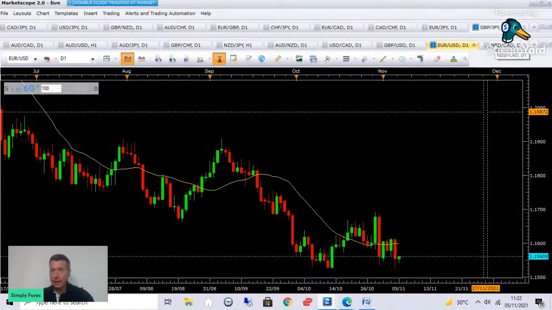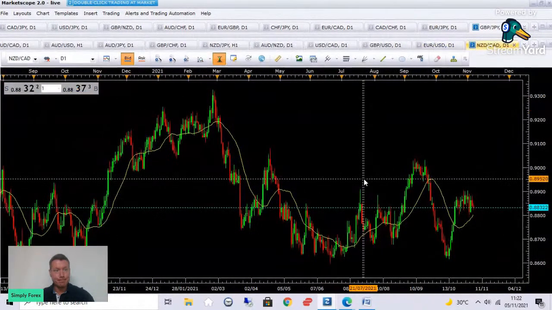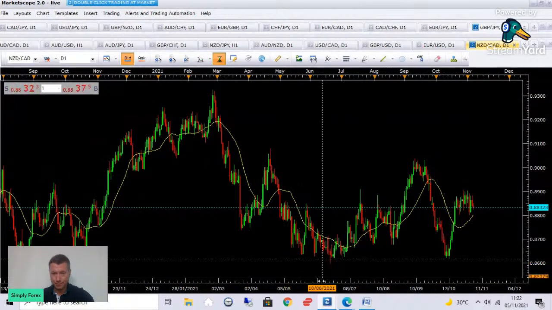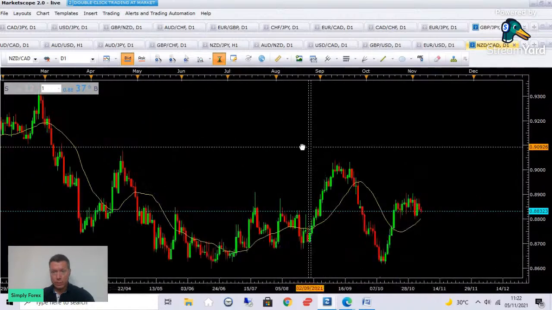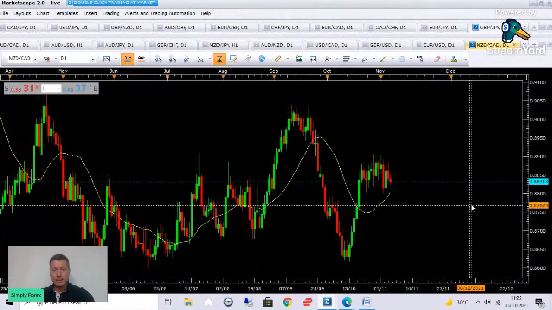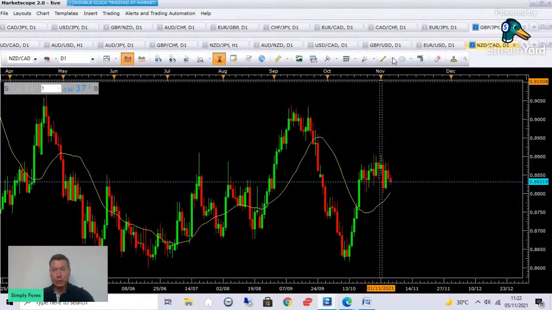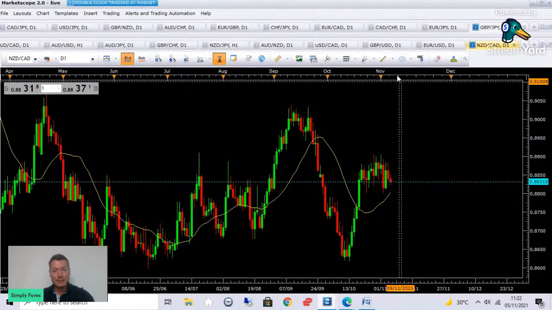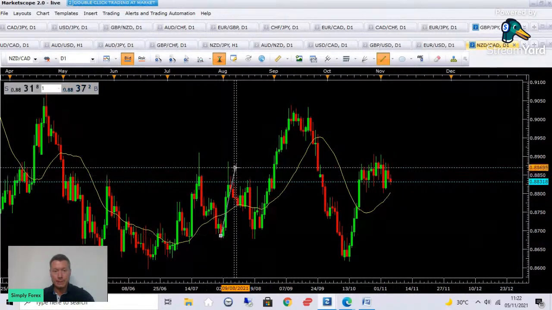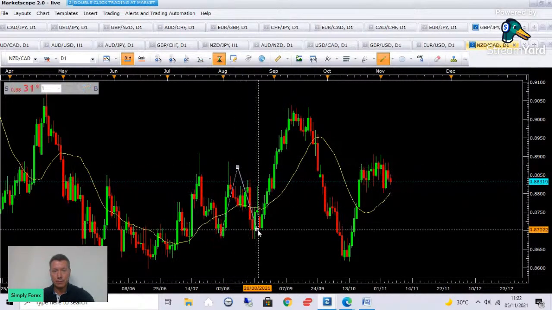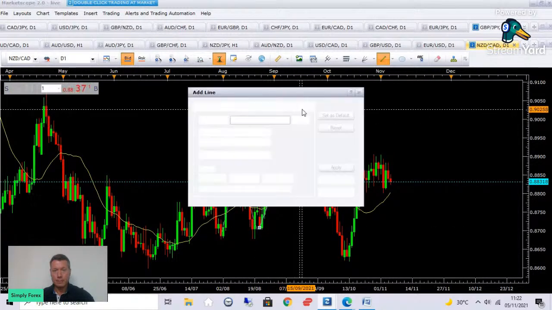Next one, the Kiwi, the New Zealand dollar against the Canadian dollar. So what am I seeing here? This is the daily chart. I'm actually seeing a head and shoulders pattern, guys, here. I don't trade patterns, but a head and shoulders is basically this. Let me show you. So we've got this back up to here.